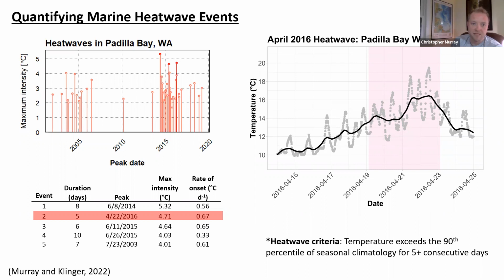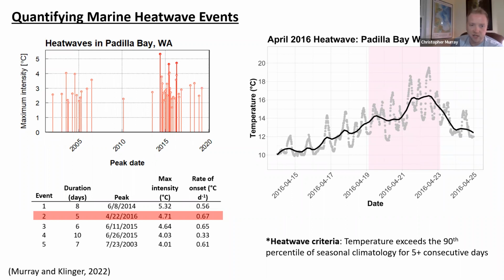The height of the line represents the maximum intensity. So how hot did things get above the normal climatology for that season? And a couple of interesting things that you might immediately see in that time series is that there was a huge cluster of these nearshore heat waves that occurred during the sort of North Pacific blob period. And even though the blob was considered an oceanic heat wave, these data and many other studies now show how the impacts really sort of leached out into these nearshore systems, meaning that there were many more of these high intensity heat events around the blob than there were in previous years.